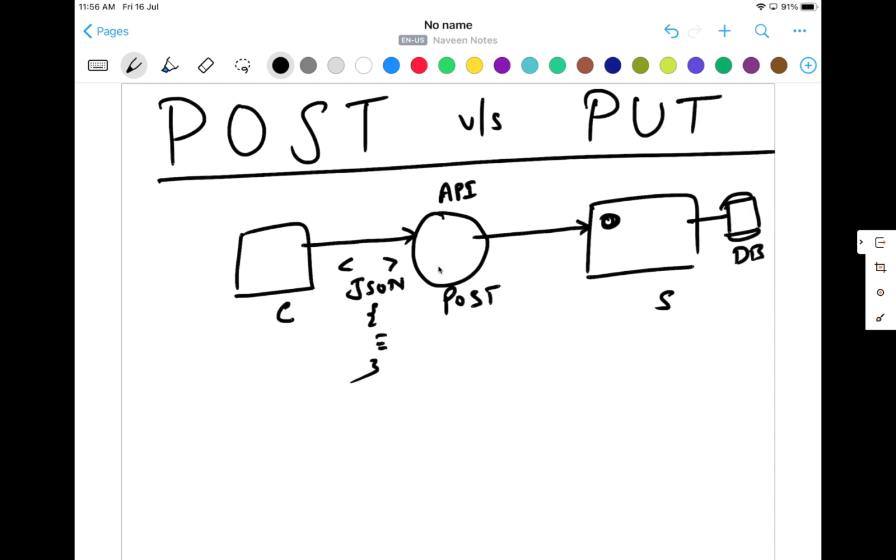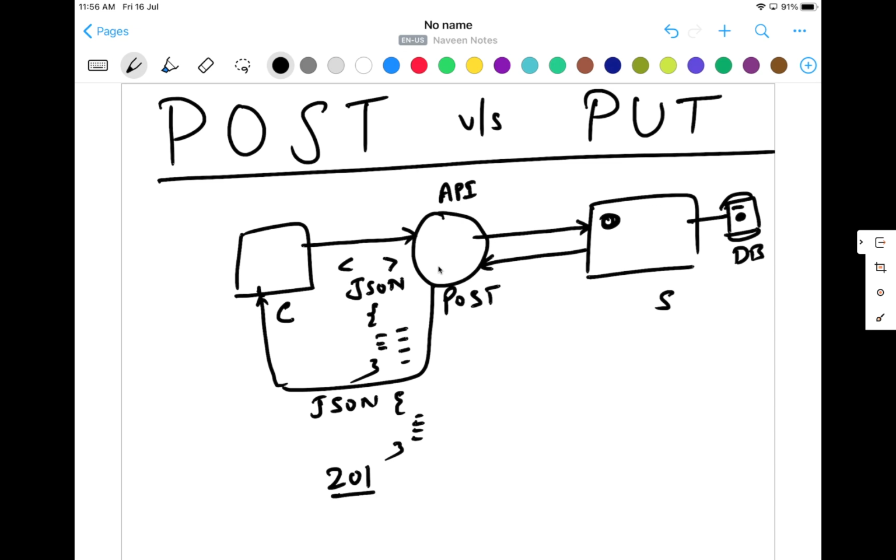This is my DB, for example. Fine. And then it will send back a response over here to the client that the data got created, and the same data and the same JSON response, you will be getting it over here, like that. So whatever the user that you want to create, let's say username, ID, password or email ID, the same user will be created inside a database. One row will be created here, and then it will respond back, okay, yeah, user got created, along with a message 201 response code, the user got created.